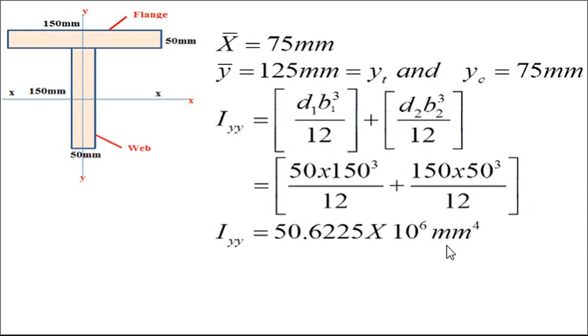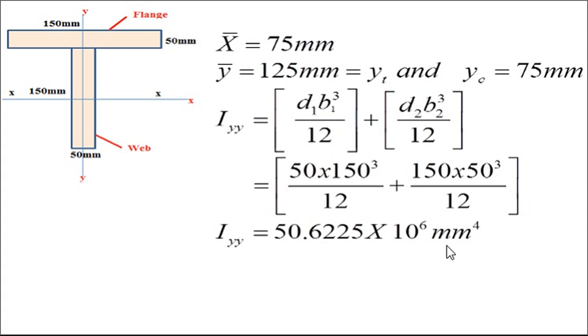So in this way, you try to find out MI about the Ixx and Iyy axes for different cross sections. There may be an L section, which is also called an angle section. There may be a T section, a channel section, meaning a C section, and an I section, symmetrical or unsymmetrical. The figure may be a combination of different figures: triangle, rectangle, semicircle. Already you have discussed all these things in mechanics. So just revise your mechanics part and see how to find MI and centroid.